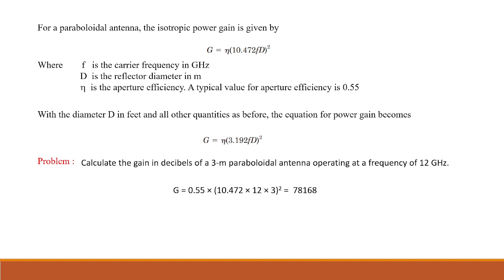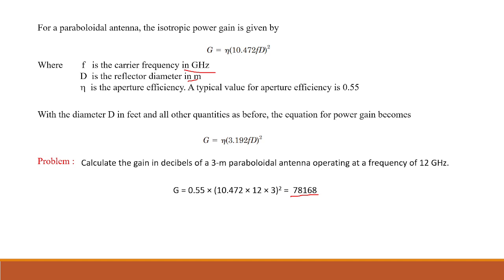So eta is 0.55 and 10.472 times frequency, which is 12 gigahertz. We substitute directly 12, because generally frequency is represented in gigahertz only. And the diameter, we substitute only 3 because it is in meters. Then we can compute it. So we get the gain as